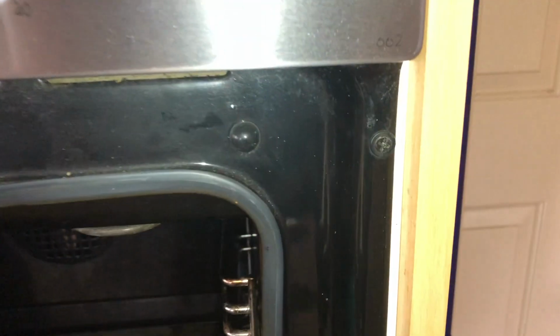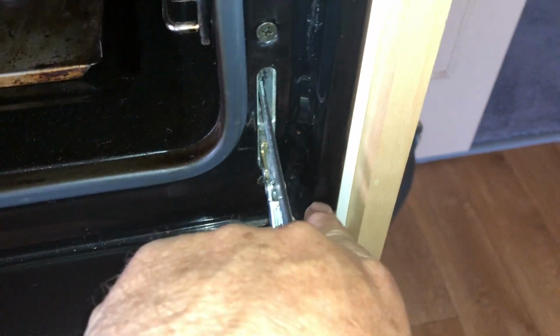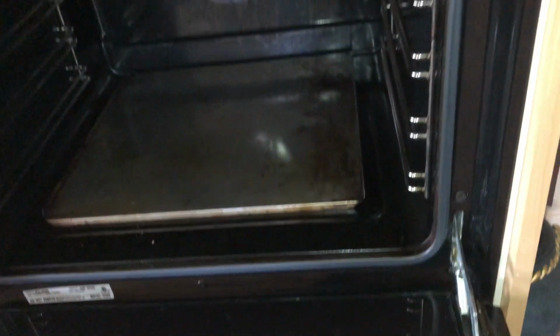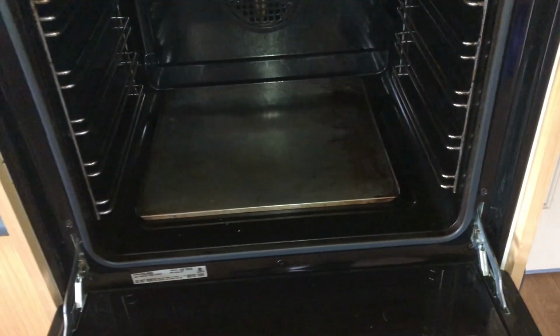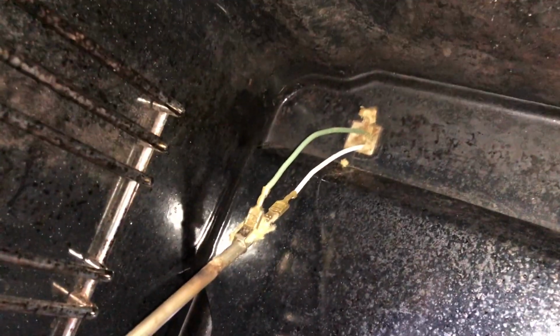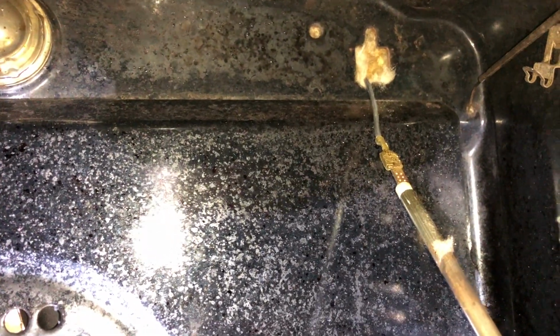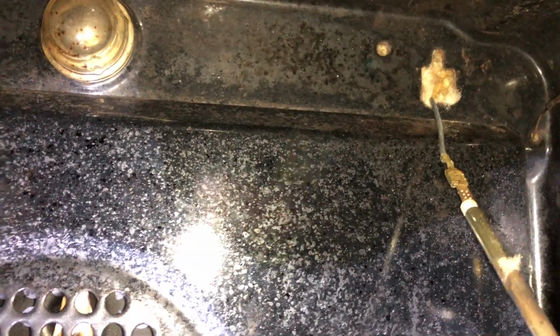If it needs to be pulled out, then there's these screws here that are holding it into the cabinet. So we'll undo here and here, and then we'll be able to slide the cabinet out and get to it from the back. So there we go, we just undid those two clips, and there was another little clip at the front holding the top of it up, and it's come out and the wires are exposed, so we don't even have to pull this out here. We've got two wires that side, one wire that side,